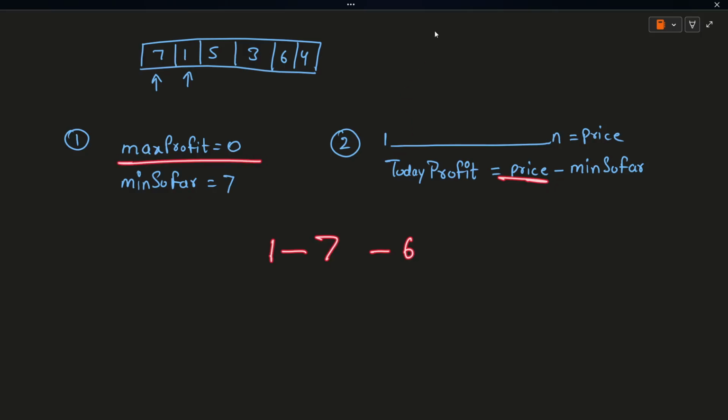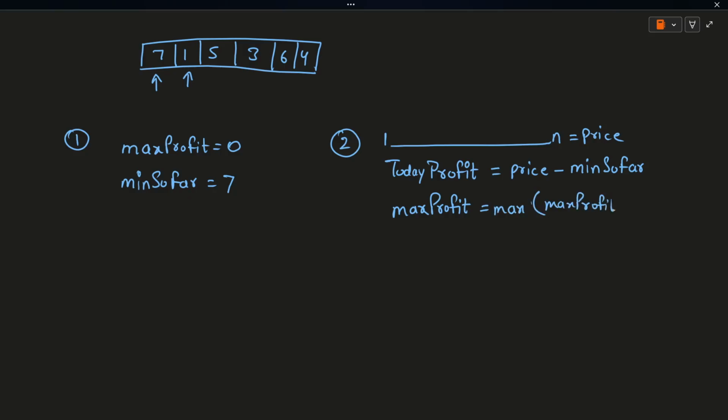After that, we compare our maximum profit: we write max of max profit and today's profit. This is how we keep our maximum profit.